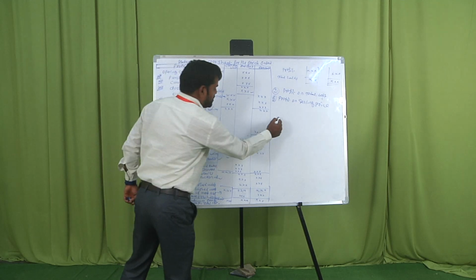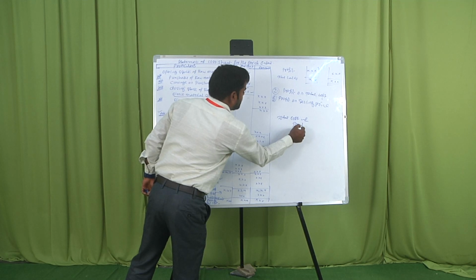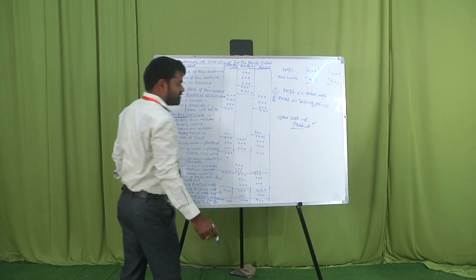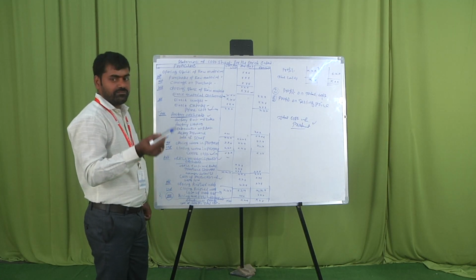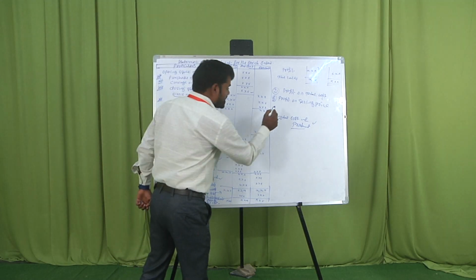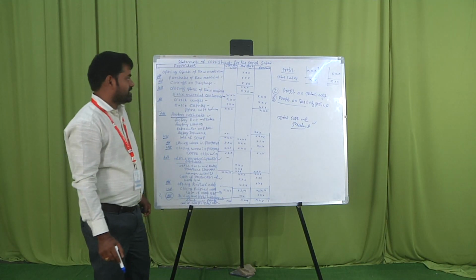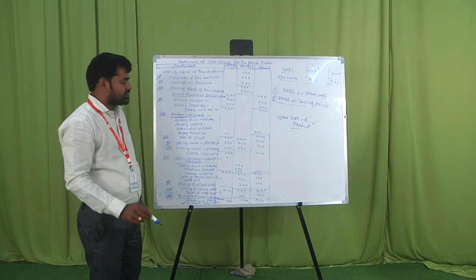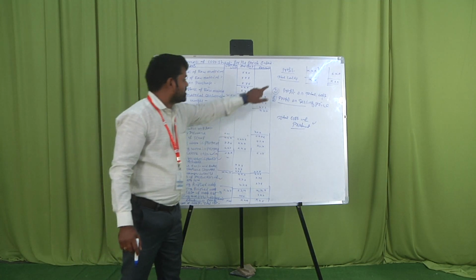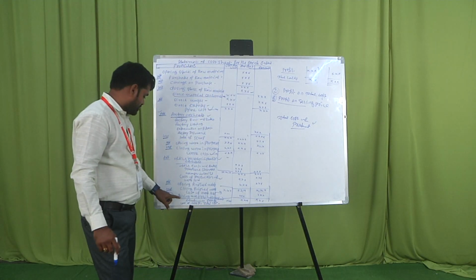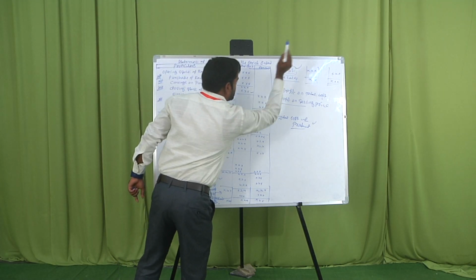So finally we know the total cost of the product. Once we know the cost of the product, how do we estimate the profit on the product and how do we decide the selling price of the product? So two things: one is deciding the selling price, and also how much profit you are estimating on a particular product, that is the profit area. Whatever we know, total sales minus total cost is equal to profit.